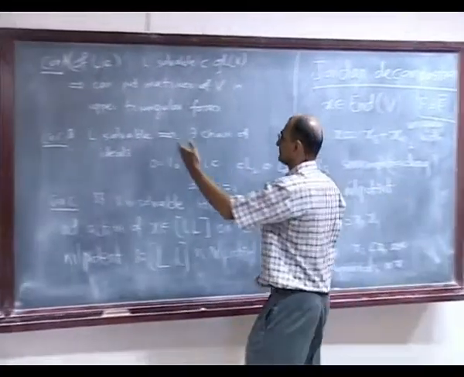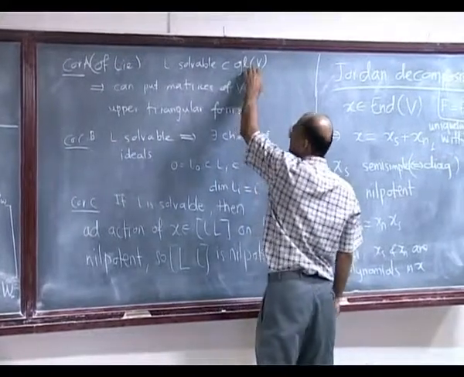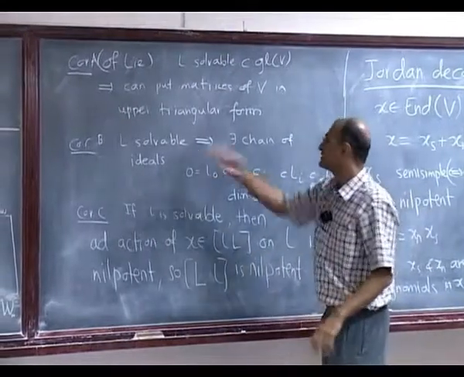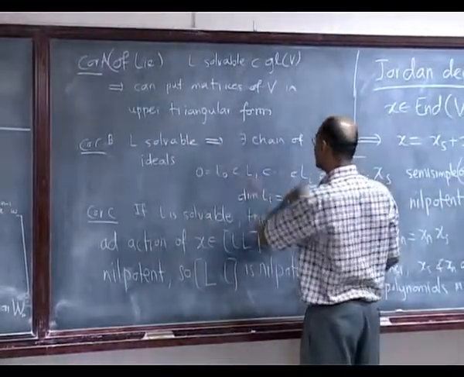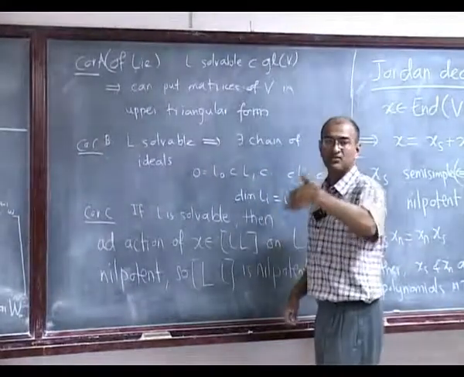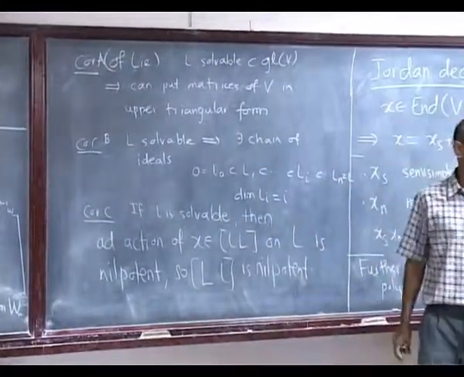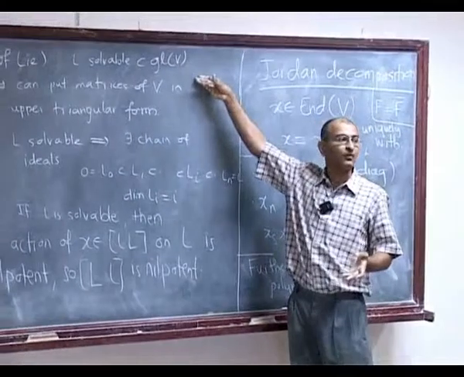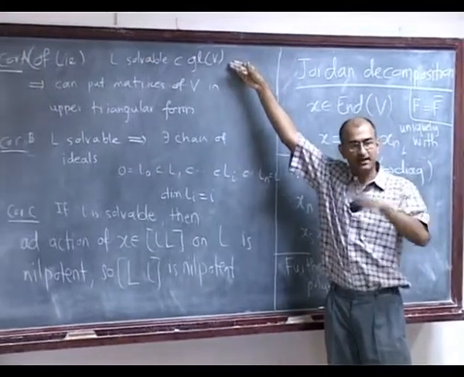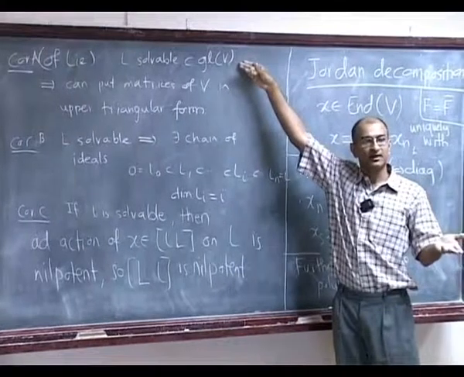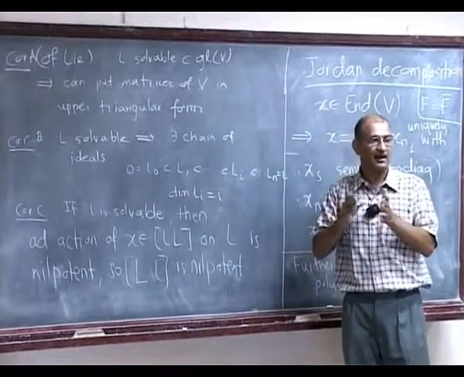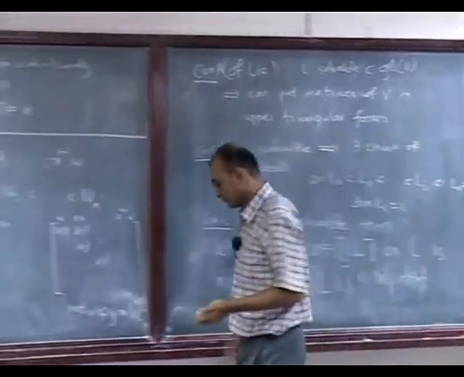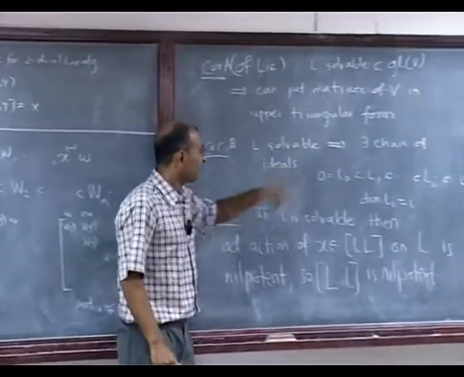So that will make all the matrices in upper triangular form. Notice that L doesn't really have to sit inside GLV, it can be an action, and then you just apply the theorem to the homomorphic copy. So is this okay? So it says that if L is solvable, then it has a chain of ideals of dimension increasing by 1. So where is this coming from? This is really the same theorem. What is V? V is L, the action is add. And if something is stable under add, then what does that mean? So that's how you get this one.